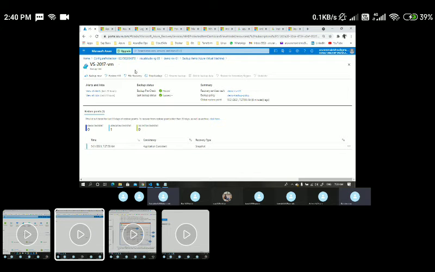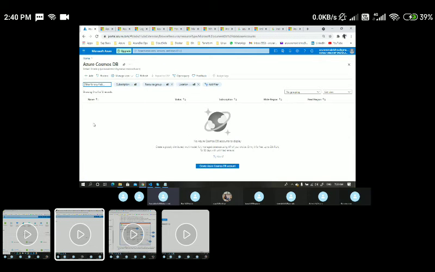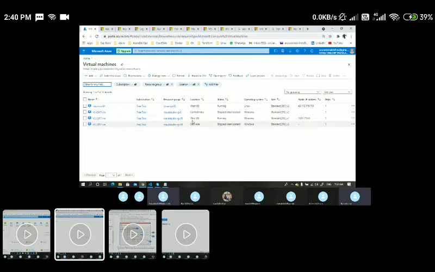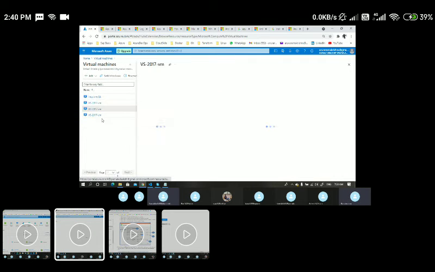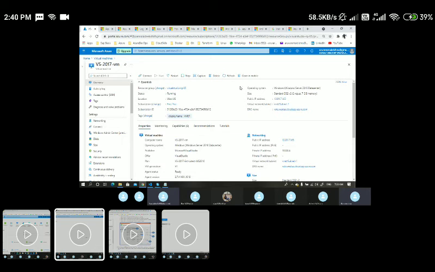Let's say my VM got corrupted. I'll go back to the VM in just a second. Let's say this is my VM, which is up and running. Let's say somebody has done some activity here and this VM is corrupted, and I have some important data in this VM.